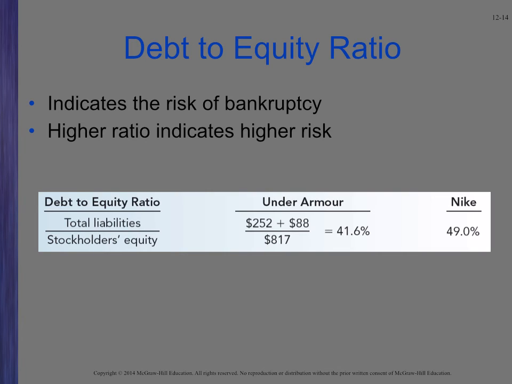This illustration shows the calculation of the debt to equity ratio for Under Armour and Nike. Under Armour has a debt to equity ratio of 41.6%, whereas Nike's debt to equity ratio is much higher, 49%. So this is not a good sign for Nike. Nike in this scenario faces much higher long-term risk, meaning the risk of bankruptcy, than Under Armour. So a higher ratio indicates higher risk of